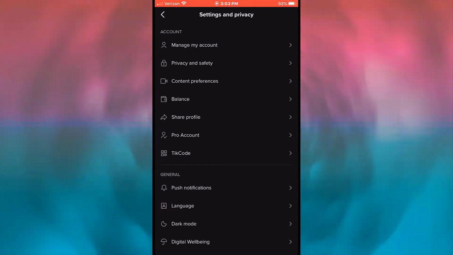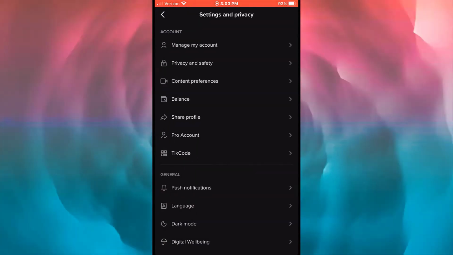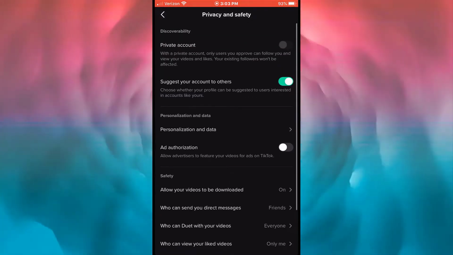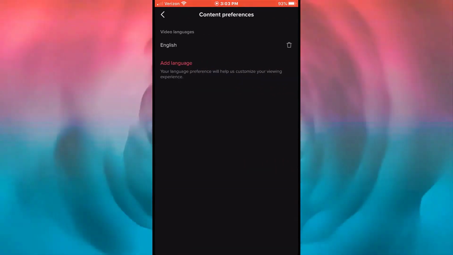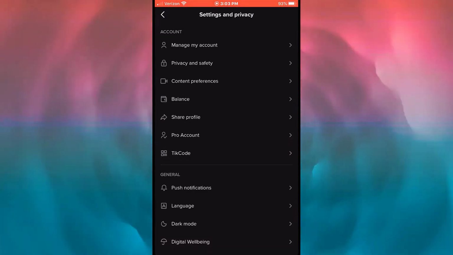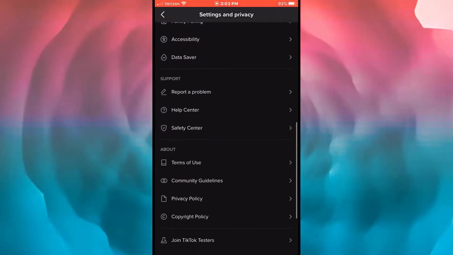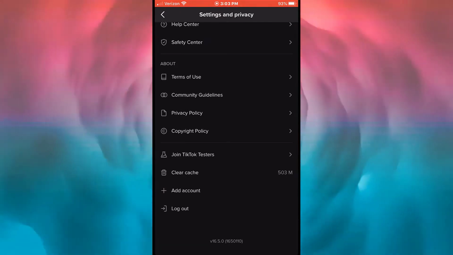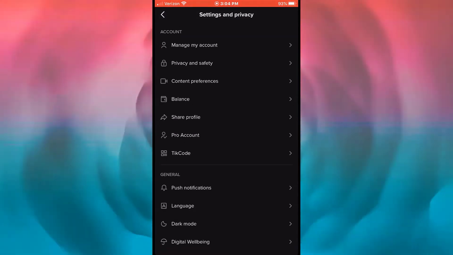But probably first and foremost is managing your account, and you want to go ahead and put in any and all contact information, setting up your privacy and your settings on each one of these, and going through all of these to see how you want your TikTok profile account to be relatable and to be seen by the public. Now, you can go through all of these on your own, but I'm just telling you that this is the hub for absolutely everything, even setting up a new account and also adding money so that you can tip people